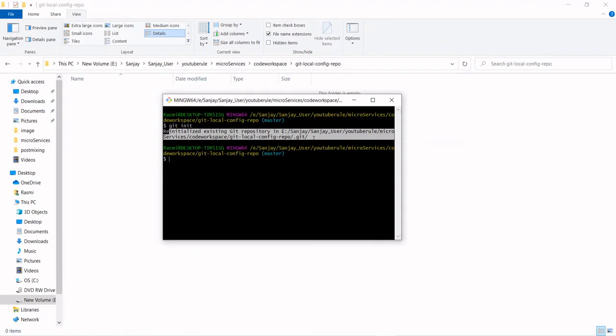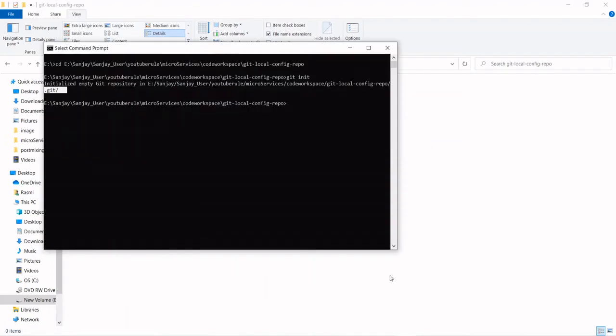Both are the same, whether you do it from DOS or from Git Bash. But if you are more familiar with Unix, this will give you the Unix look and feel, and the commands as well. But if you are on the Windows side, I suggest you go with the DOS prompt only.